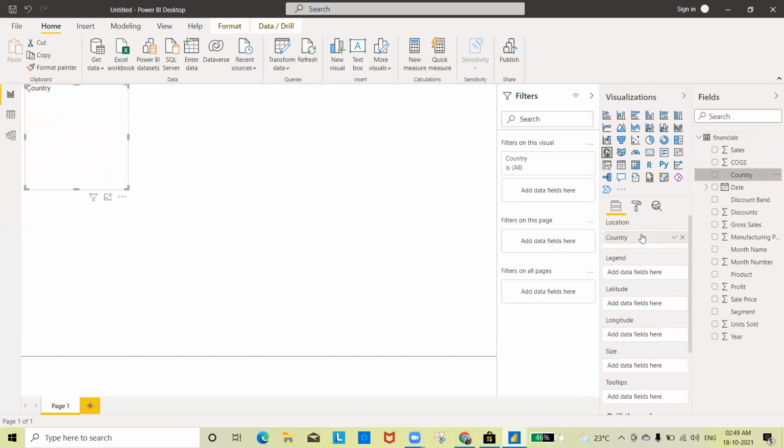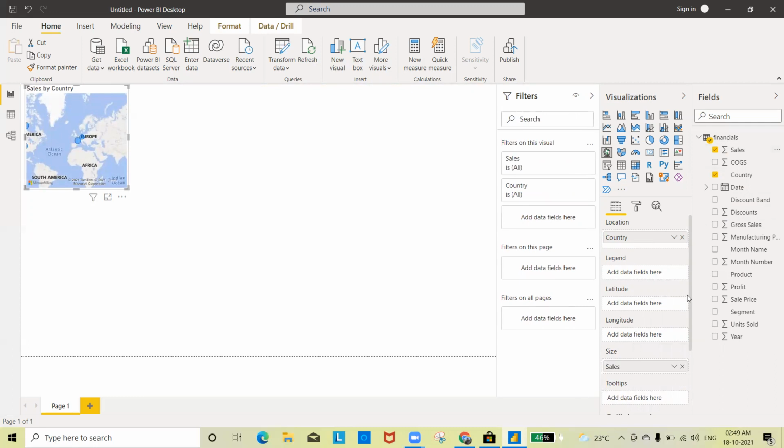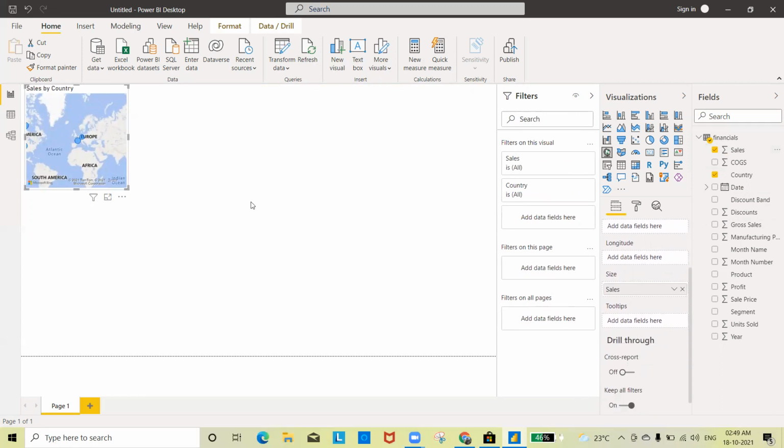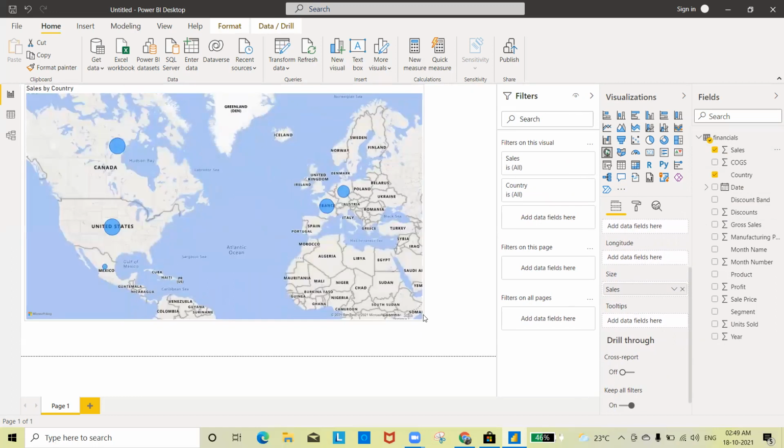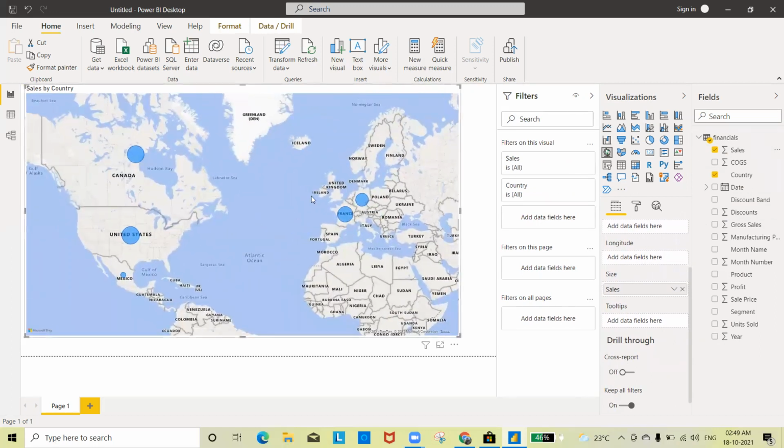So what I will do, I will drag and drop the country into location, and I want to say the sales as a value. There are so many things, or the size, you can say. Okay, so bigger sales means bigger size, and drag this. Try, see, your graph is ready. And if you give someone this particular Power BI file and ask them to just hover the cursor over it, it will show them what the country name is. The bigger size means bigger sales, smaller size means smaller sales, so the size is there.